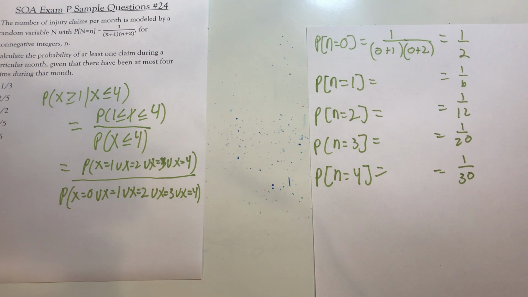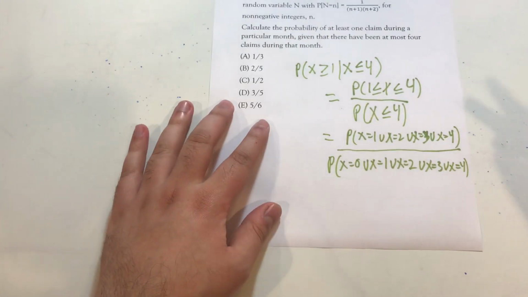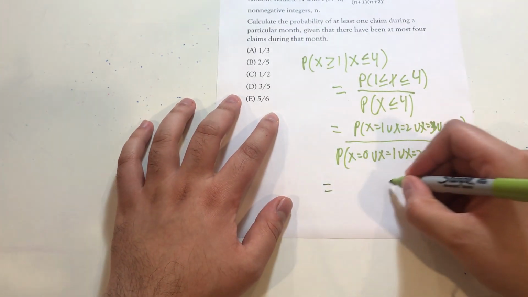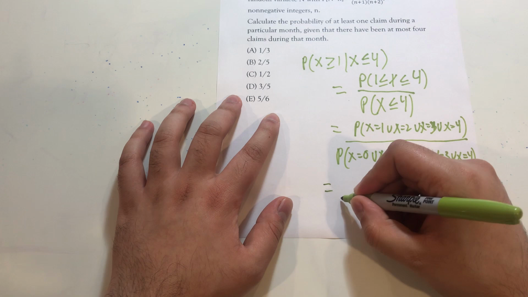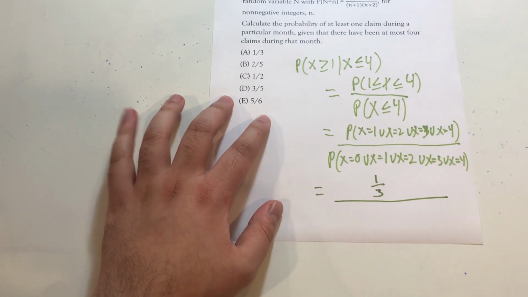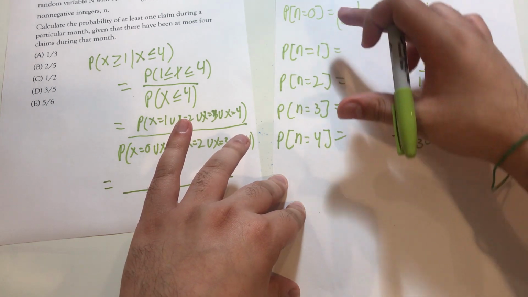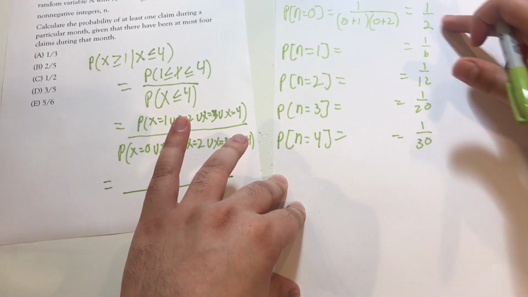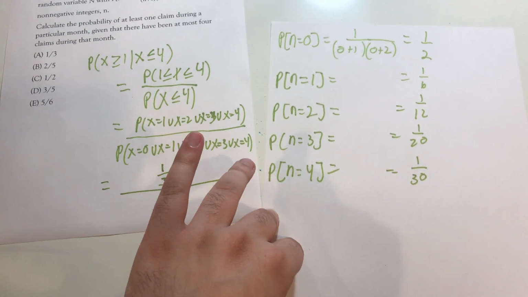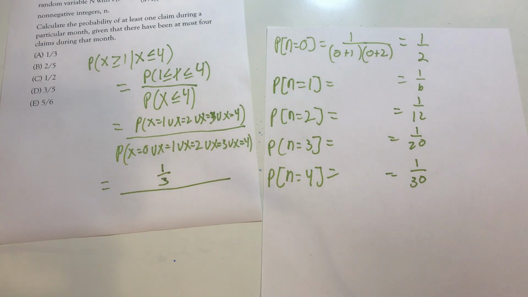And that's equal to 1 over 3. So here, my numerator is 1 over 3. Meanwhile, my denominator is, rather than just the sum of these, the sum of all of these and the probability that the number of claims is 0, because those are all the possibilities where your number of claims is less than or equal to 4. So adding that last bit on